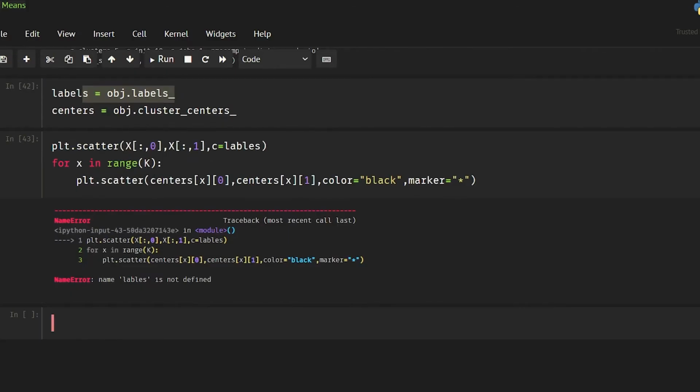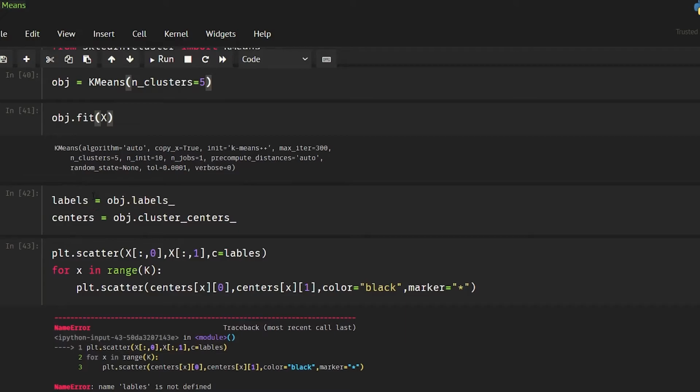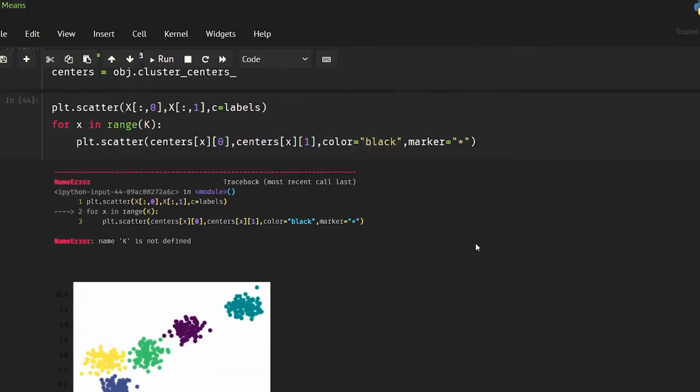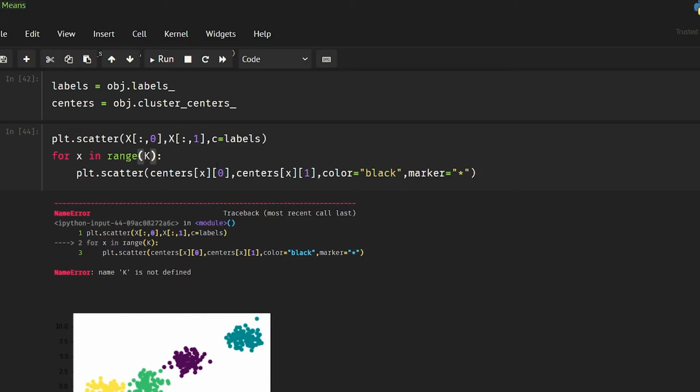Okay, labels is not defined. It is saying that labels is not defined. Okay, k is not defined. K should be in small.